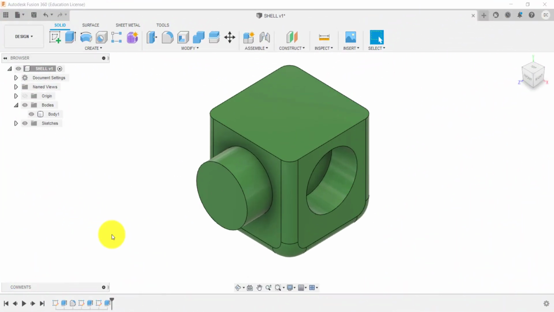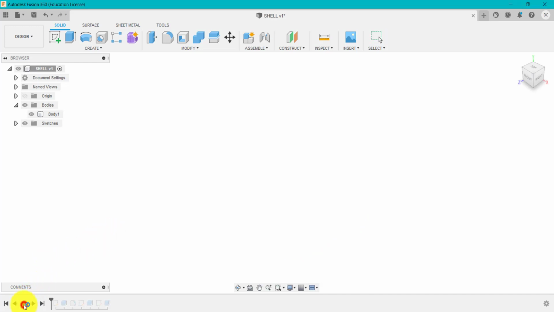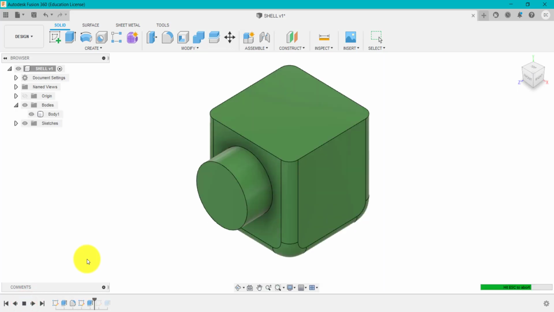So if we jump into Fusion, what we've got on screen is a basic design that's been created using 3 extrude features and a fillet. If we click play, we can see what's happening here in terms of stages. So what we could do now is shell this out. If I go up to shell,